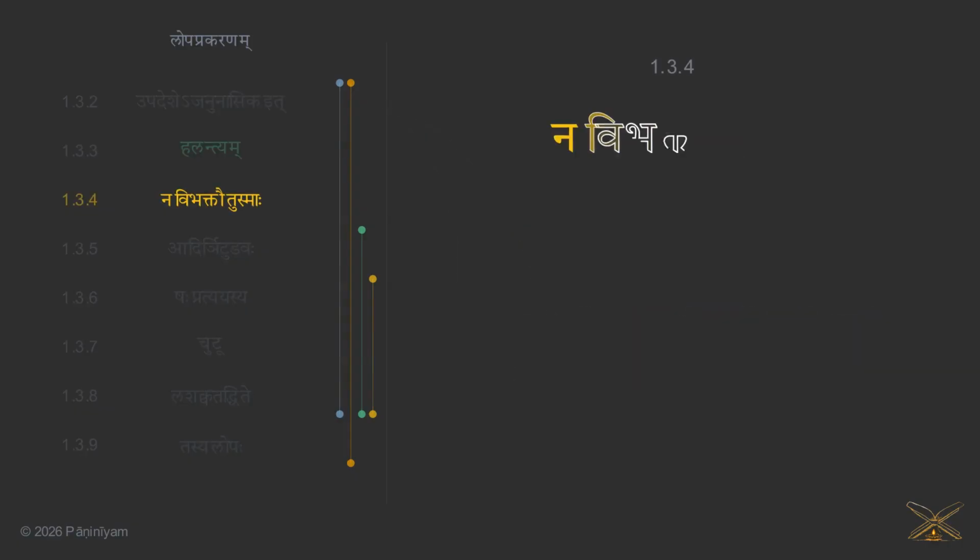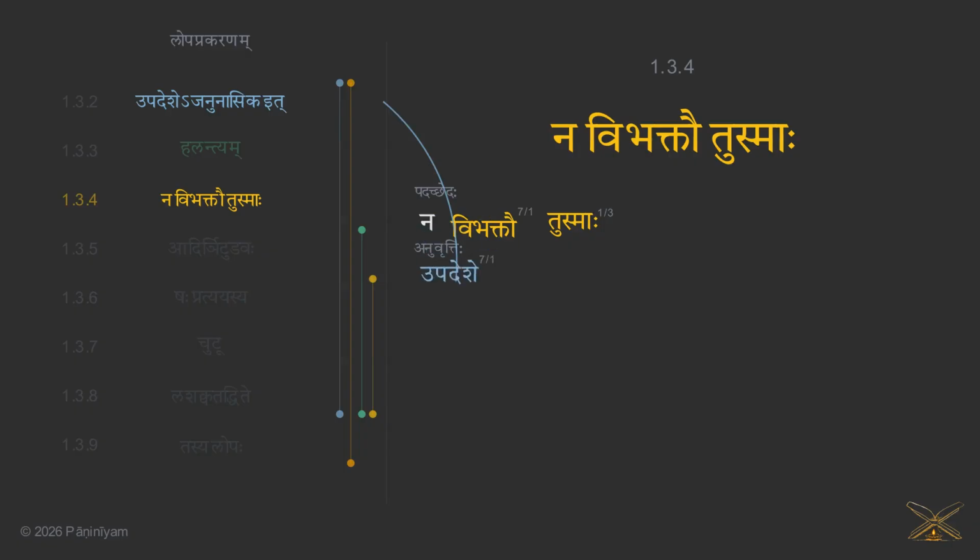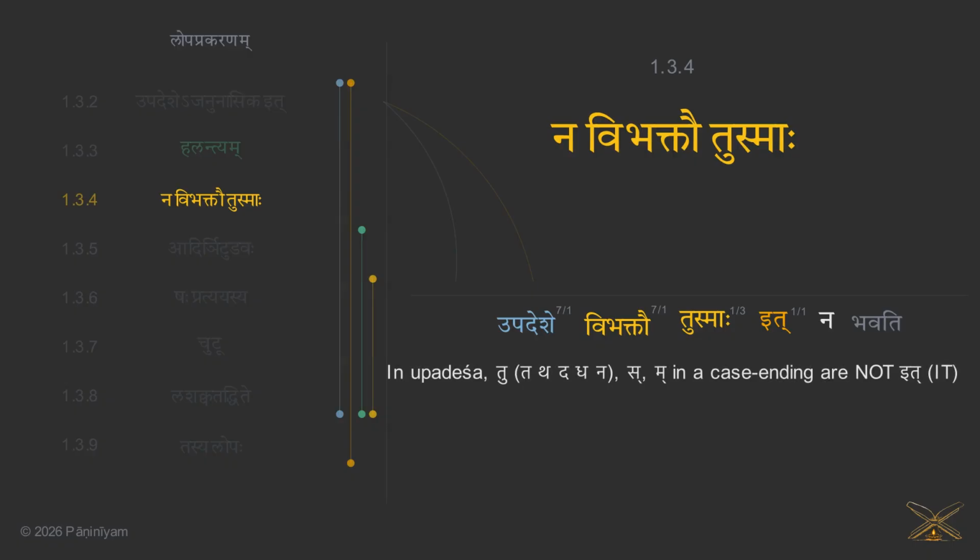Next sutra is Na Vibhaktau Tusmaha. So here, the context we are talking about is Antyam Hal from the above sutra. See how Pāṇini cleverly saved words by not bringing Antyam Hal into this sutra, because it has to be understood that the subject matter of discussion is the last Hal and what happens to it. So here he's just minimizing that, saying this applies broadly to every last consonant, but that's